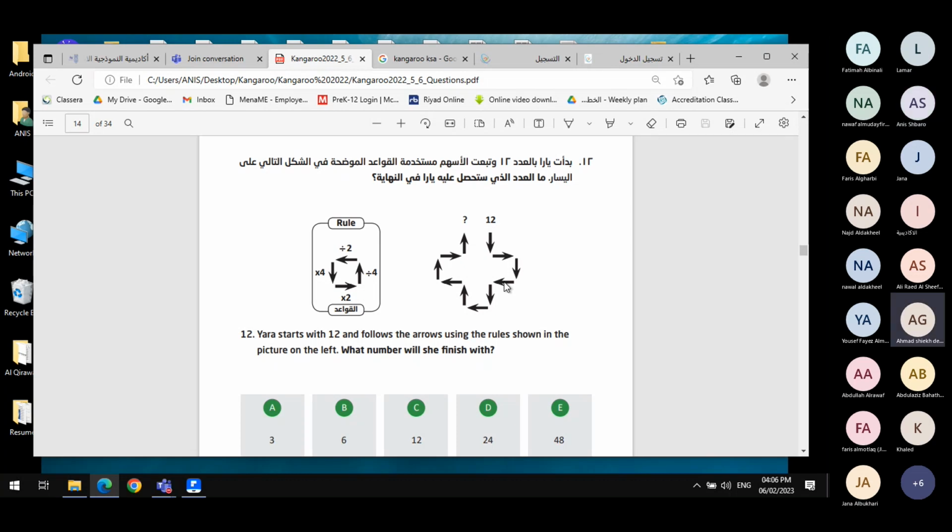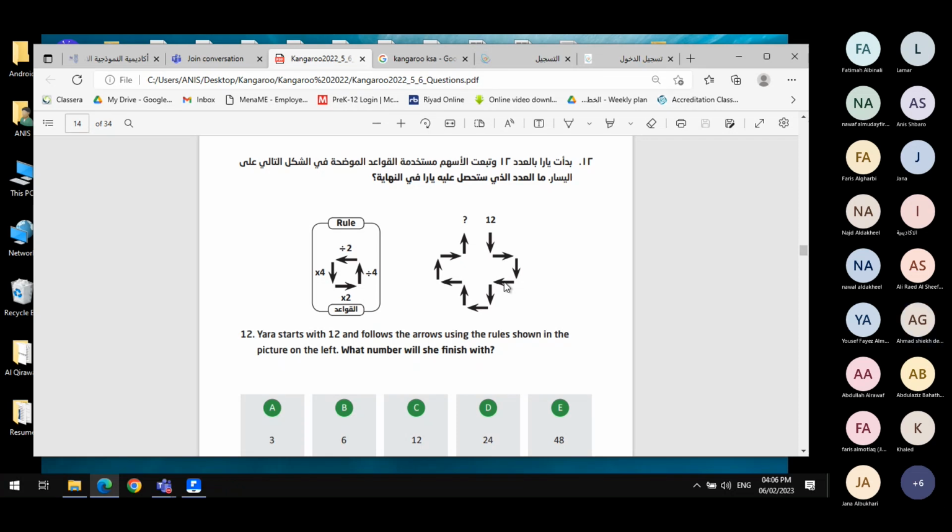And now 384 divided by 4 gives us 96. And now 96 divided by 2 equals